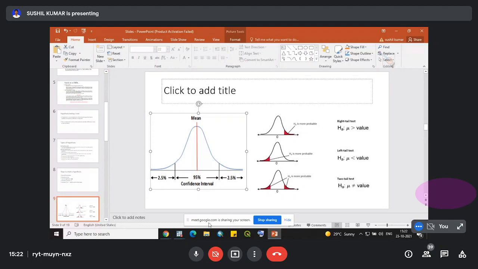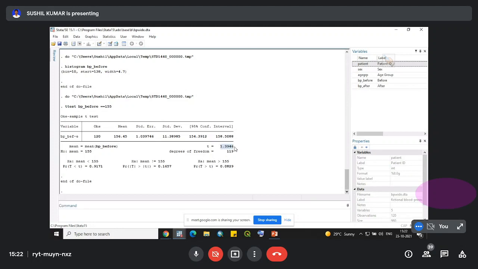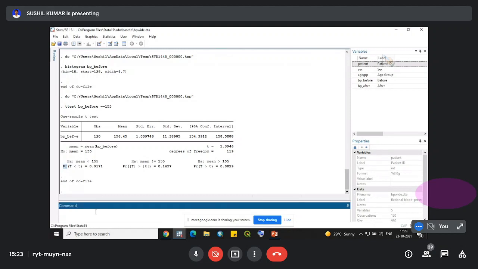There are two methods. Either we can use the t tables given in the last section of the book, comparing your t score with the critical value to see whether it lies in the acceptance region or the rejection region, and accept or reject the null hypothesis accordingly. Or otherwise you can use this p-value. The rule of thumb is, if the value is less than 0.05, you can reject the null hypothesis, or otherwise accept it. So this is our t-test.